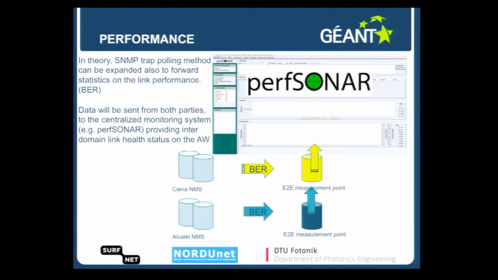We could also maybe in time get the bit error rate from the actual system, if we just forward it back to the same tool. The thing is that right now the Alcatel NMS doesn't see the digital layer, so it will not be able to extract this information, of course. But if they are monitored by the same tool and the same monitoring point, then we will be able to see the bit error rate qualities of Ciena's